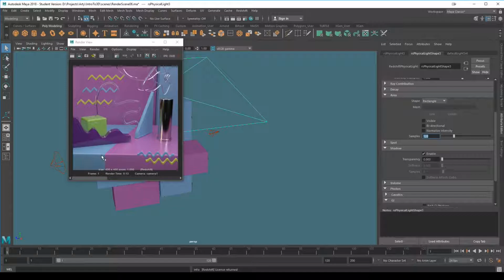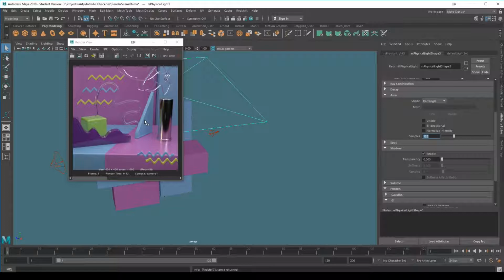Really what you'd probably want to be doing as the next step is unwrapping a couple of these objects and putting on textures. So at the moment they're not unwrapped, they've just got a simple solid material over the whole object, which is a great way to get started. And you can see it does make some pretty images, but you can go a lot further when you actually start texturing objects. So that's something I'll get into down the track, but for now, this was